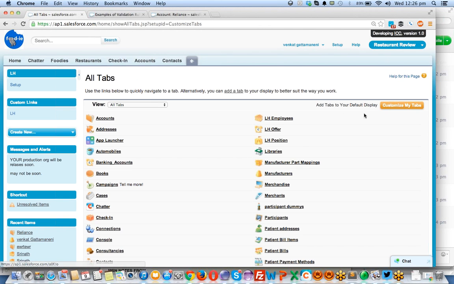Click on save. This is your personal custom setting. You can customize your tabs according to your requirement. The users of the system can also customize their tabs by clicking on customize tabs. Okay, these are specific to the user.